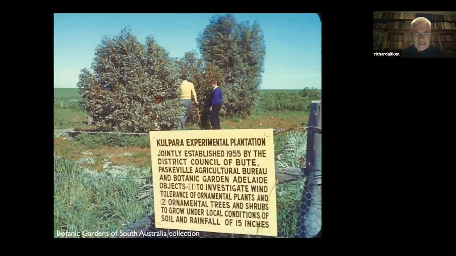During the 1950s, Adelaide's director Noel Lothian also re-established the 19th century practice of trial plantations across disparate parts of South Australia, this time using plants that might be adapted to poor soils and low water regimes. Not only did this provide practical outcomes, but it also built on and enhanced knowledge and research within the herbarium and the garden. Australian plants were a general focus, tapping into the burgeoning interest in bush gardens.